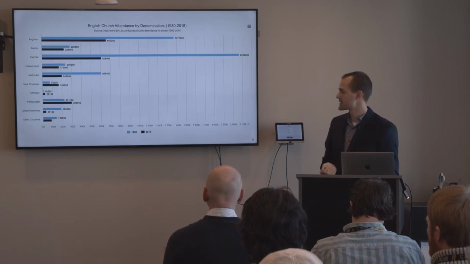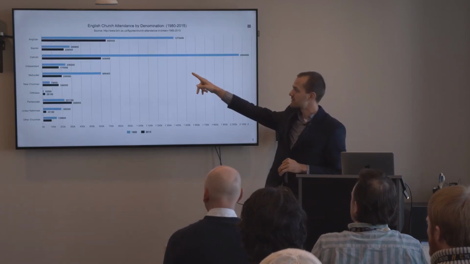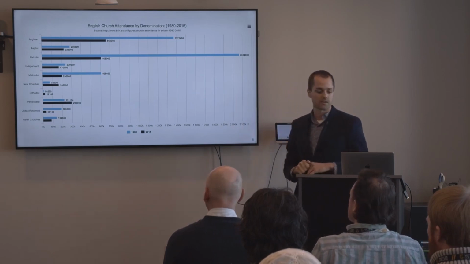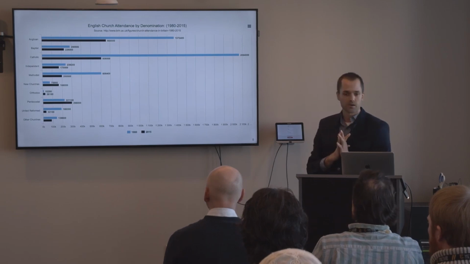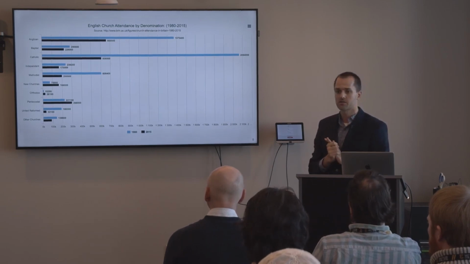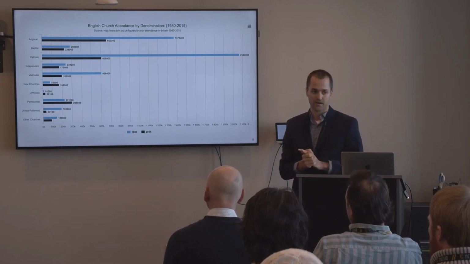But let's go back to the first data set. You can see that not all of the trends are negative. Baptists near the top have largely held their own over these 25 years. There are Orthodox Christians who have more than doubled in these 25 years. Pentecostal Christians have more church attendance over these 25 years. This is largely because of Caribbean and African immigration into England during this time.